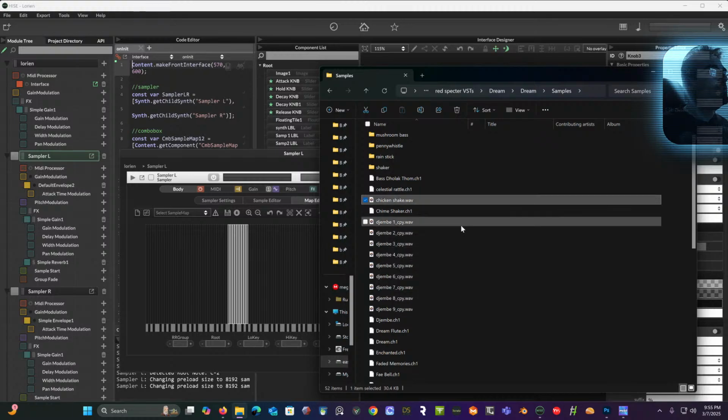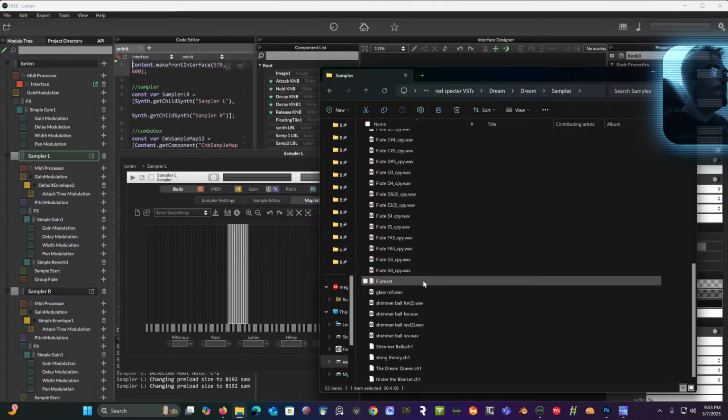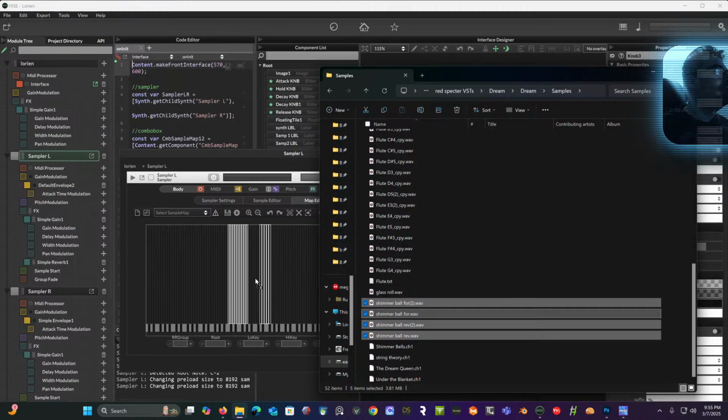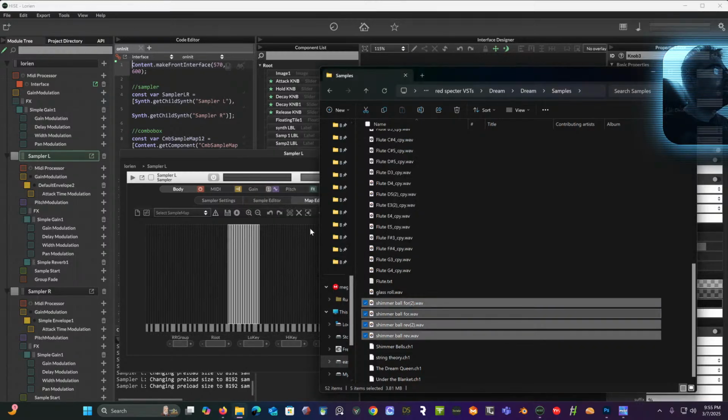And what I might do is add a few more samples that I have to this, like, how about a little chicken shake action there, and probably a couple of bells, forwards and reverse, and just drop them in right where they can go. And this will just kind of expand like a little drum library, you know what I mean? And so let's just do that. We don't need to do that. And boom, pow, there we go. So now